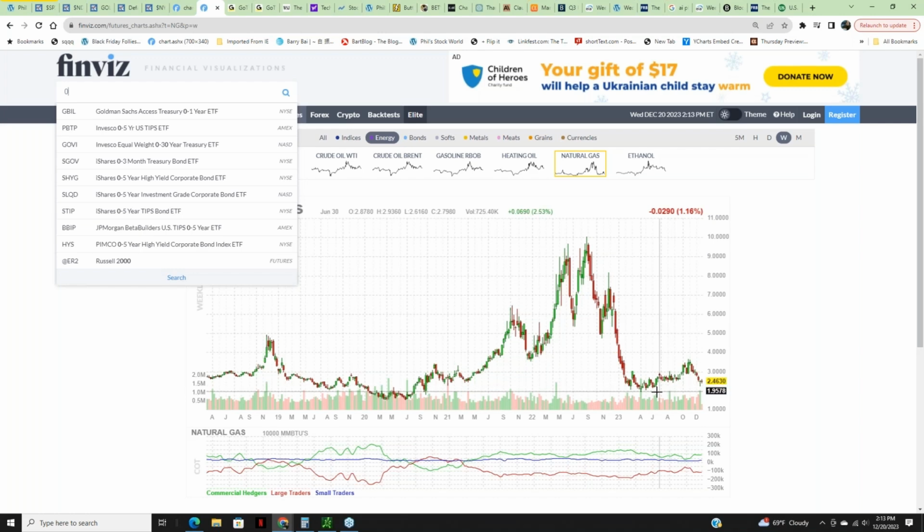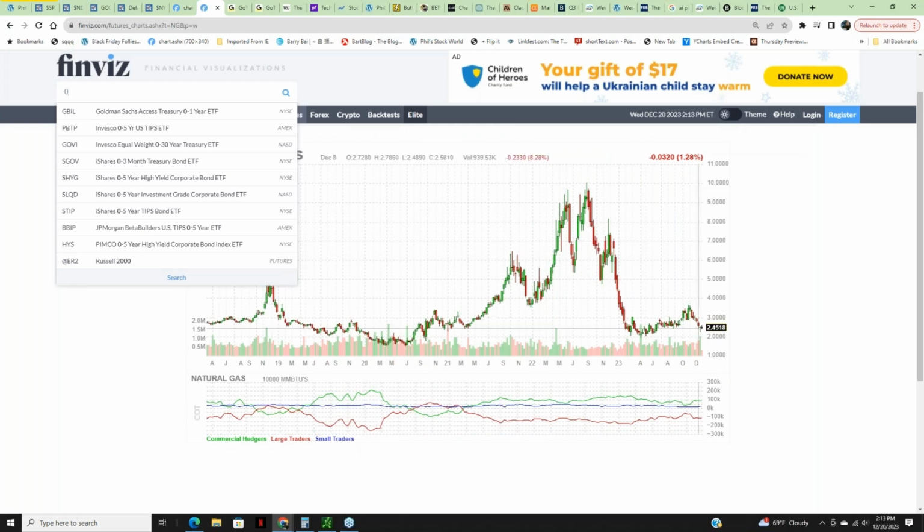So anyway, the bottom line is, effectively, $2 is the point at which you start to see some people shut down their production, and therefore it's a reasonable floor that you can expect to get back to, put it that way. Because wells do deplete and they outlive their lives, and then you have no gas, and then the gas becomes more valuable because of that. There's also a huge dynamic though in